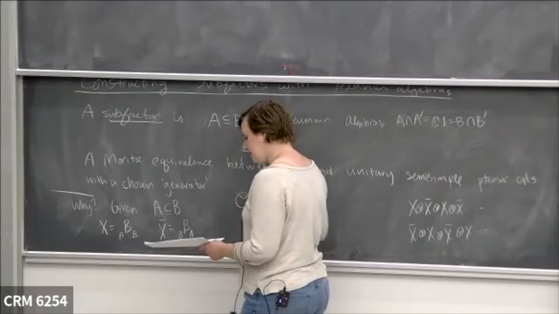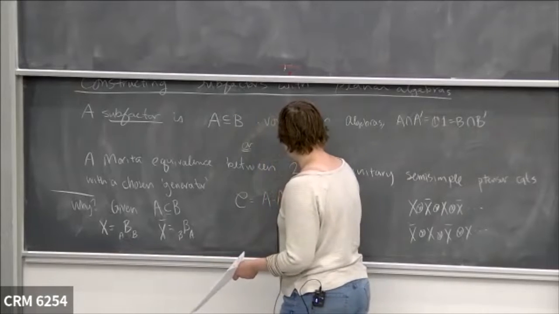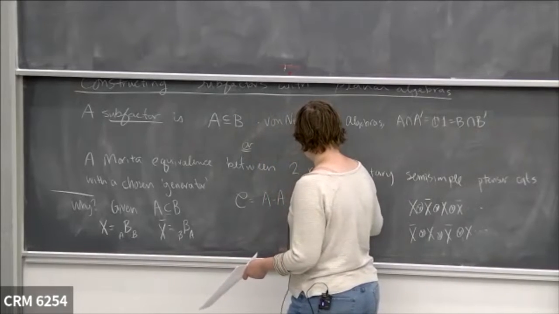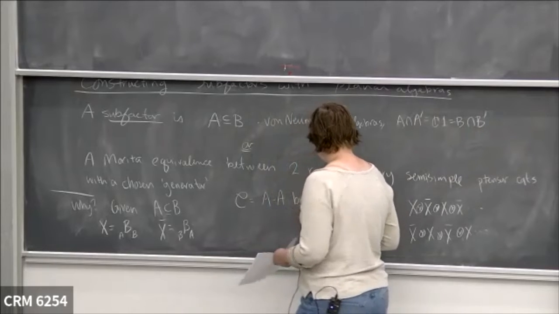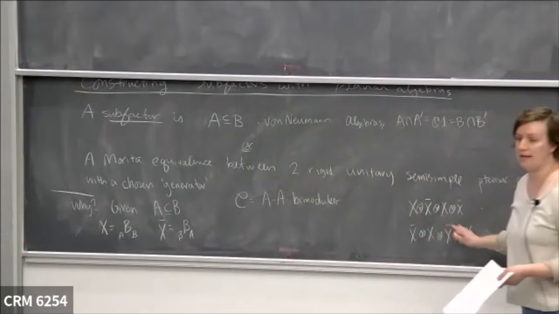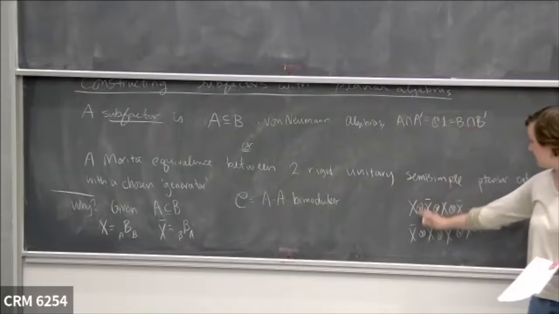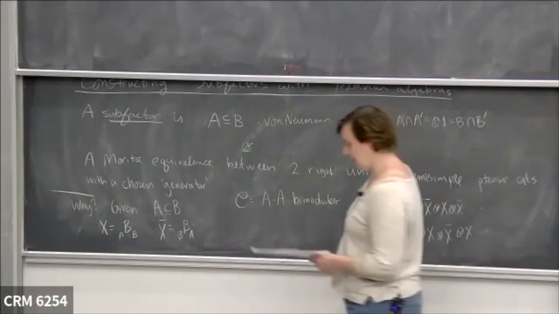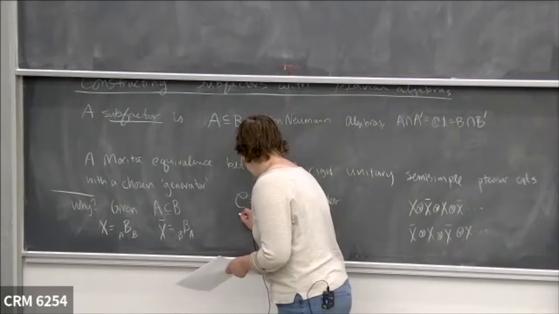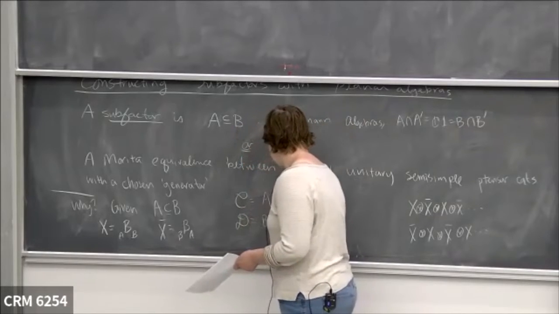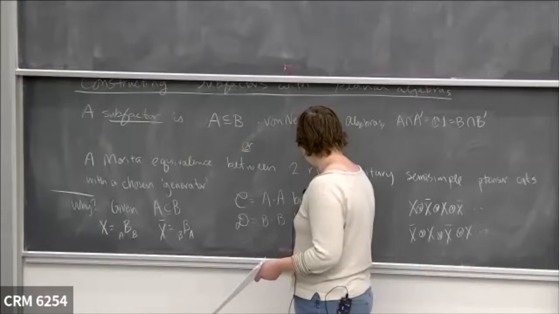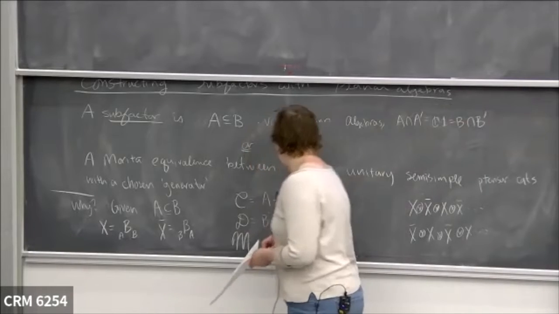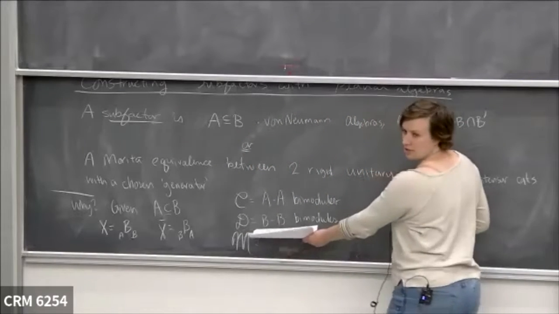And so if we say that C is AA bimodules that are produced as simple objects in one of these tensor powers, and if we say that D is the BB bimodules that we get this way,